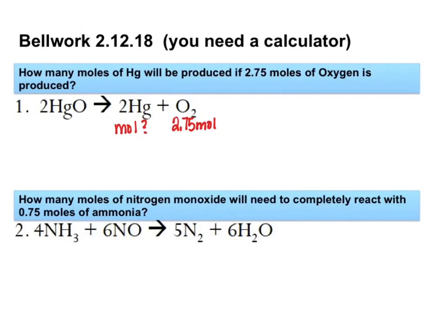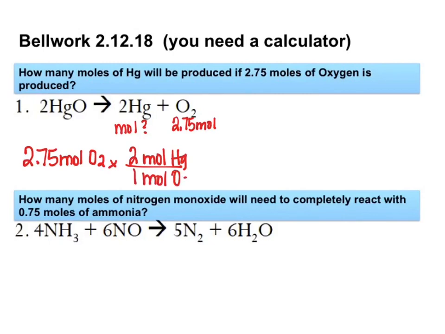Then, wait, just hold on. So you have 2.75 moles of O2, times 2 Hg, what's the moles of Hg, and then you put 1 mole of O2. There you go. And now we're ready to solve. Thank you for that setup. And we should get